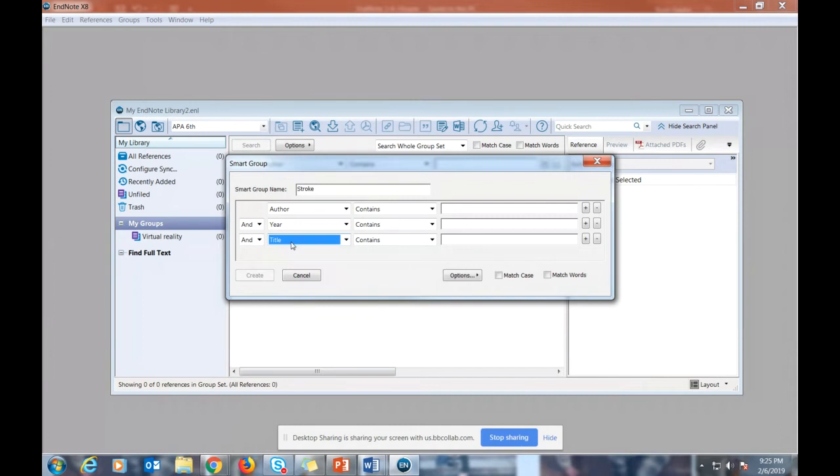with a smart group, you can set rules. So let's say I'm doing a search in PubMed, for instance, which in reality is the only thing that you're really able to search using EndNote. If you wanted to set up a smart group to where it only searches for information that has been written by James Carter, then you could enter the author's name right up here at the top, Carter James, and if any searches that we do have stroke and the author James Carter appearing, after we do a search, it would drag those articles into the smart group